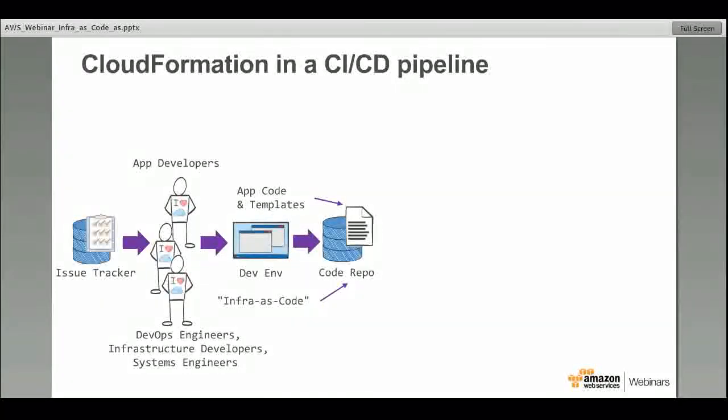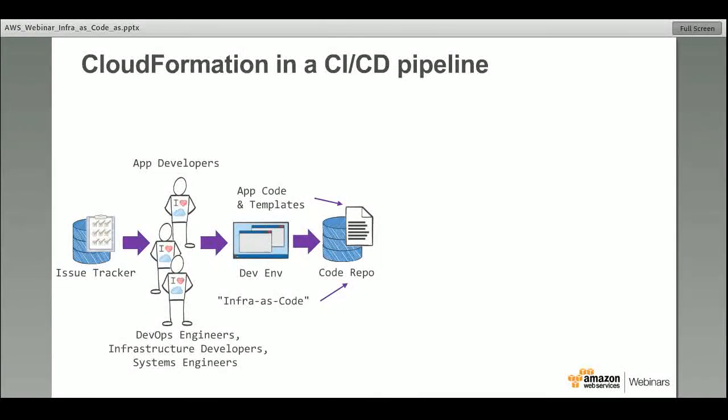You can write application code and you can model that DynamoDB table in a template. And those things will live together and will be managed by the application developers. And the basic infrastructure templates will be written and managed by the infrastructure developers. Notice that regardless of whether you are an application developer or an infrastructure developer, it's all software, it's all code, and you're using the same tool chain.